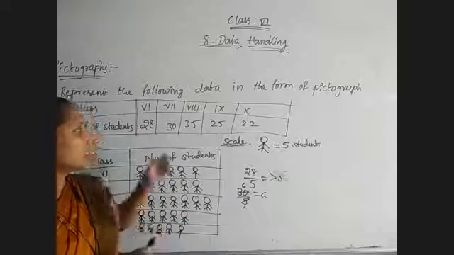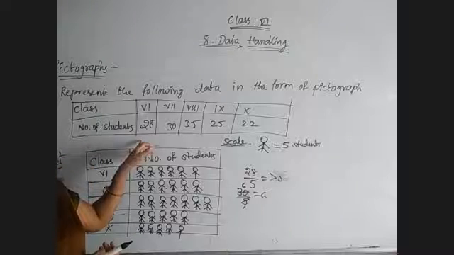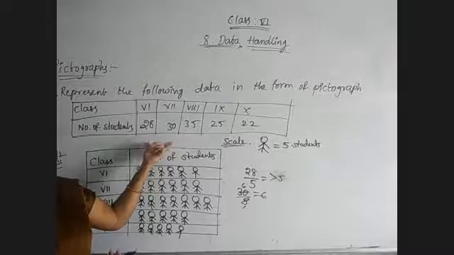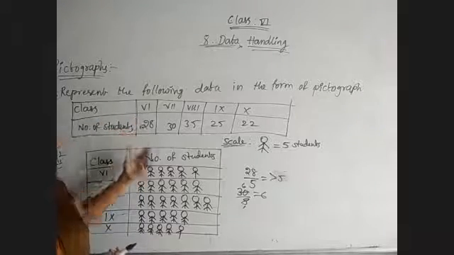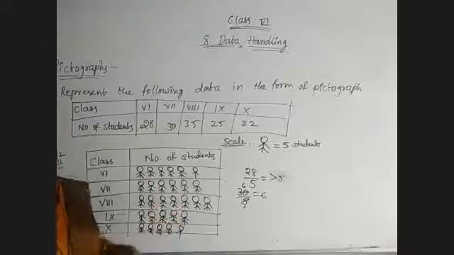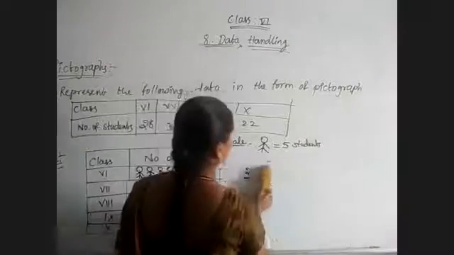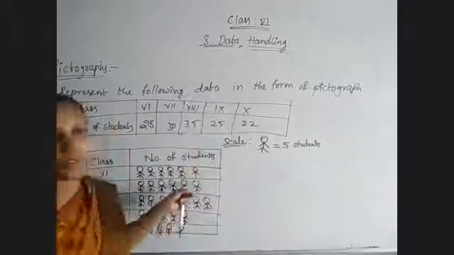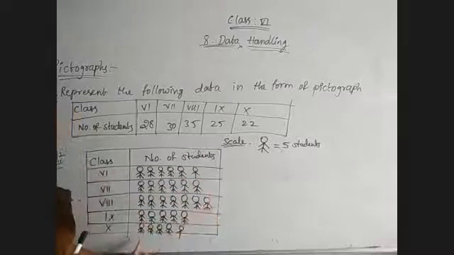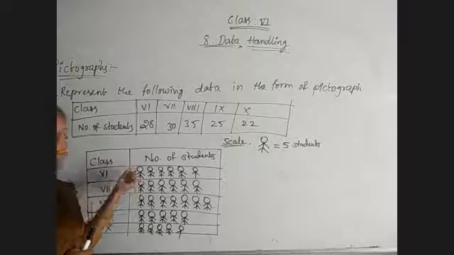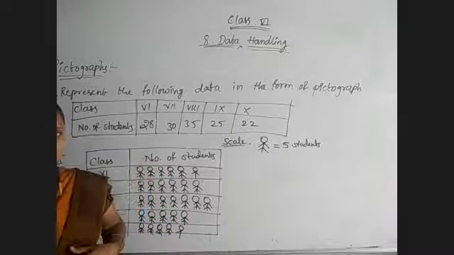And just observe, if we are preparing a frequency distribution table, here larger values are given. So instead of a frequency distribution table, it is better to use a pictograph. While drawing the pictograph, you compulsorily need to mention the scale. And whatever symbol you have used, the same symbol we need to continue for the complete question.